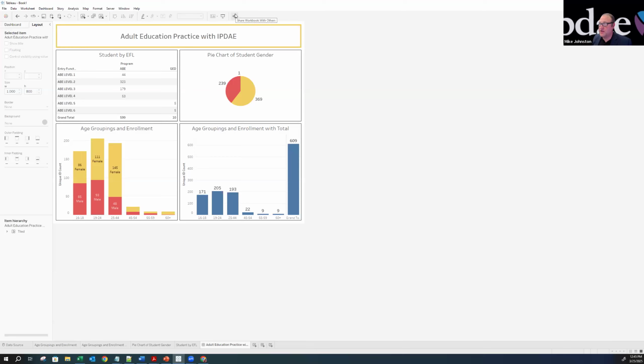In order for me to publish, I'm going to come over here to my server, or I could hit this little button, so whichever one you want. I'm just going to click on Server, and down here it says Tableau Public. I want to save this to Tableau Public. You can either click Save to Tableau Public or Save to Tableau Public As. I'm going to click this, and what this is going to do is tell you to sign in